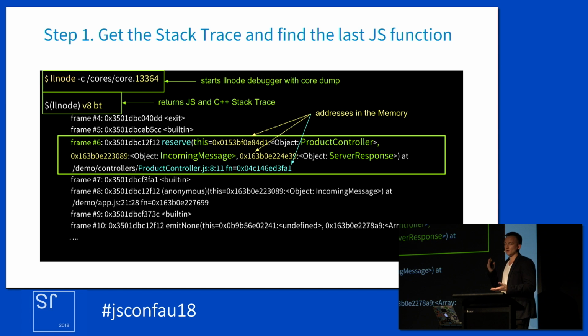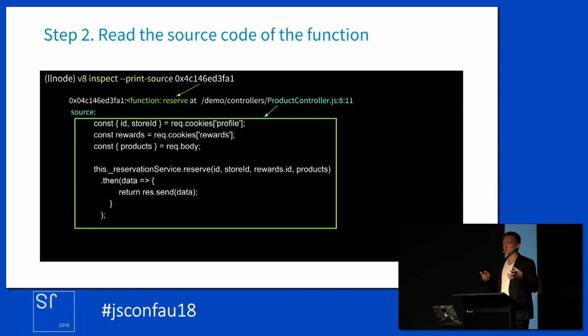And here we see this is the reserve method of our product controller, and we have addresses to this object, incoming message, which is a request, response, and even to the function source code in the memory. So we need to read the source code of our function. So let's just get the address. And using the command v8 inspect print source with the address of the function, we get the source code of this function out